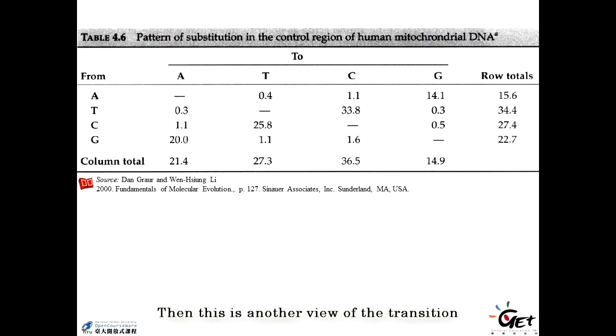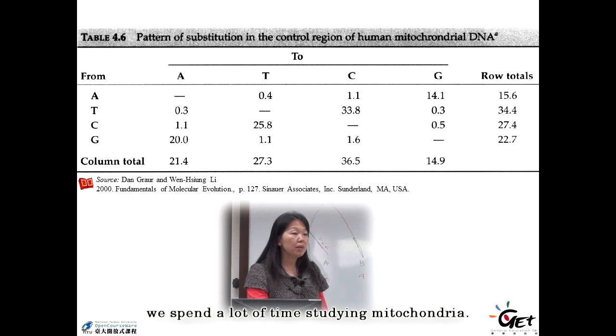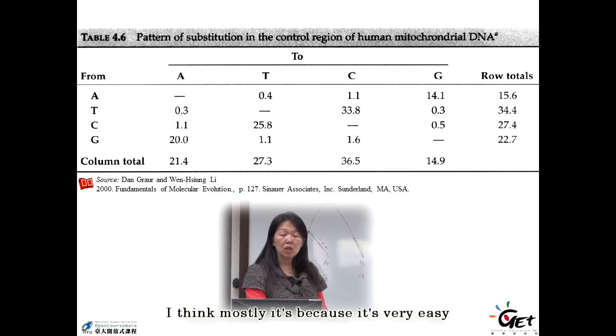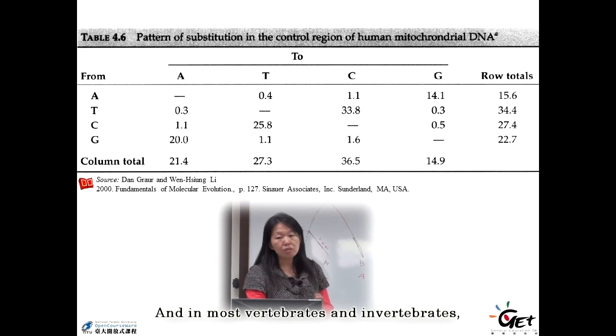Then this is another view of the transition, or we say the transition matrix, the rate of transition. But this is from mitochondria. So mitochondria, we spend a lot of time studying mitochondria. I think mostly it's because it's very easy to analyze in the early days. So a lot of study in the 80s, we analyzed the mitochondria sequences, and in most of the